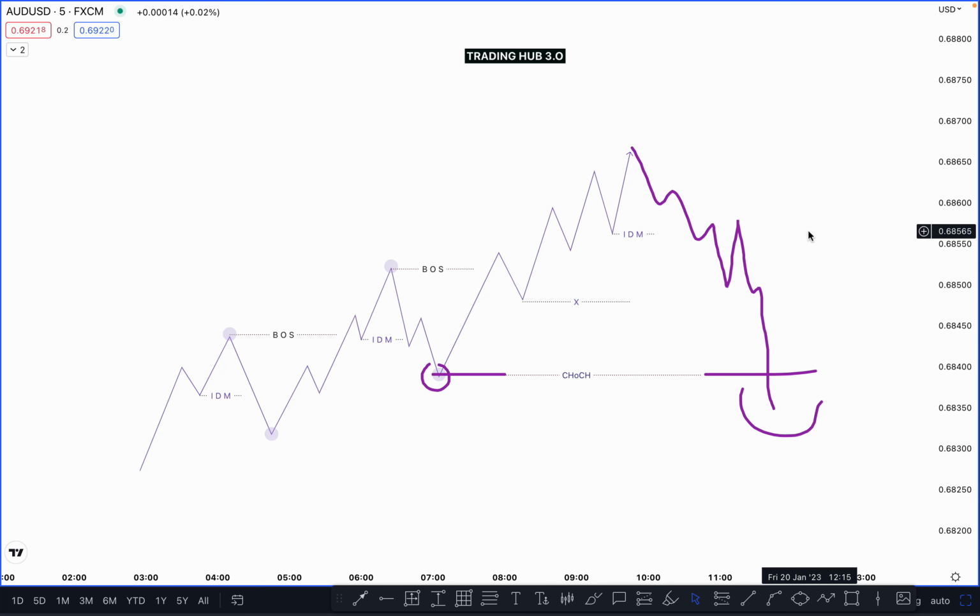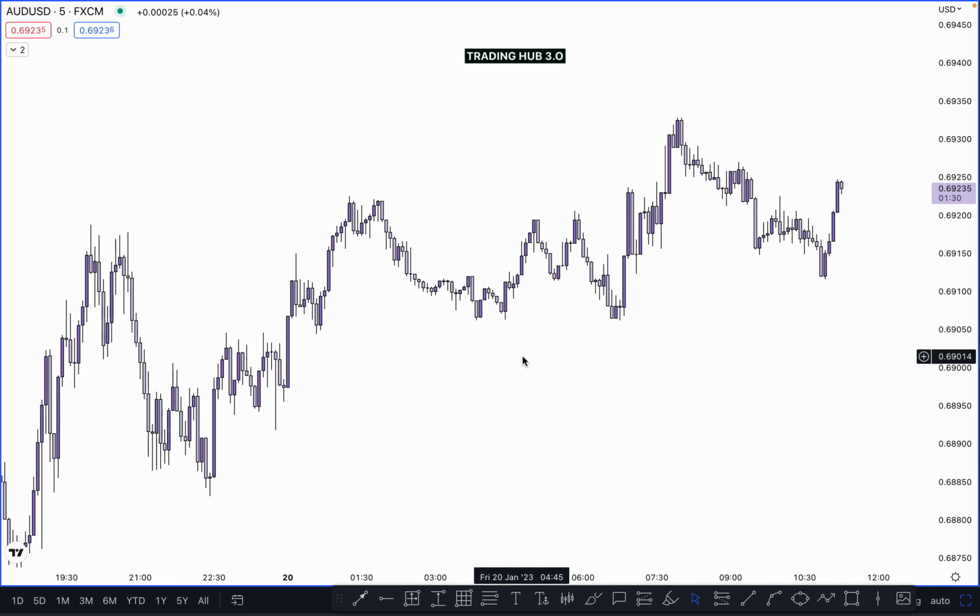So let's understand on a real chart, then you can understand very easily. This is our USD chart in a 5-minute time frame, and this is a live market, as you know. So what is happening here and how can we identify structure in this case? First of all, you have to mark the structure bottom to top in a bullish market. If market momentum is bearish, then you have to start from top to bottom, right?